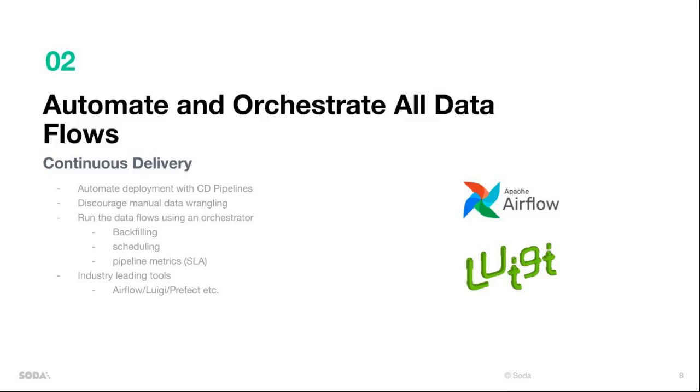And then the second one that we talked about is automating and orchestrating all data pipelines. You really want to automate this using some sort of a continuous delivery pipeline, and you want to discourage any kind of manual data wrangling. There is always going to be somebody, I'm pretty sure, in your organization, in your department, saying, okay, let me just create this table for some time, and then we'll figure stuff out later, how the data is getting into this one. These things become a liability later. So you really want to discourage any kind of